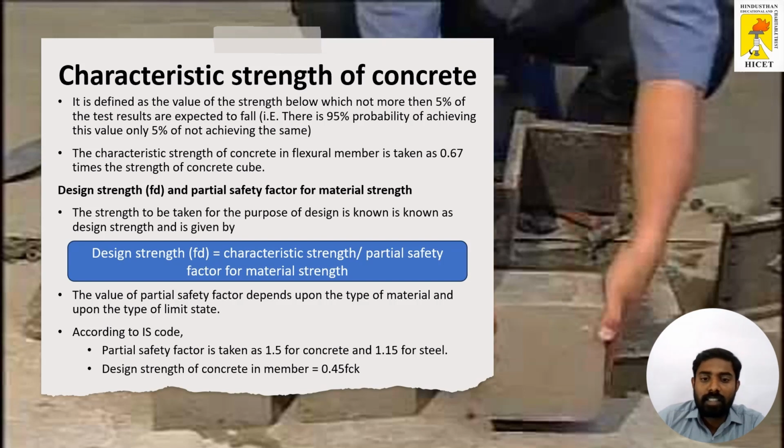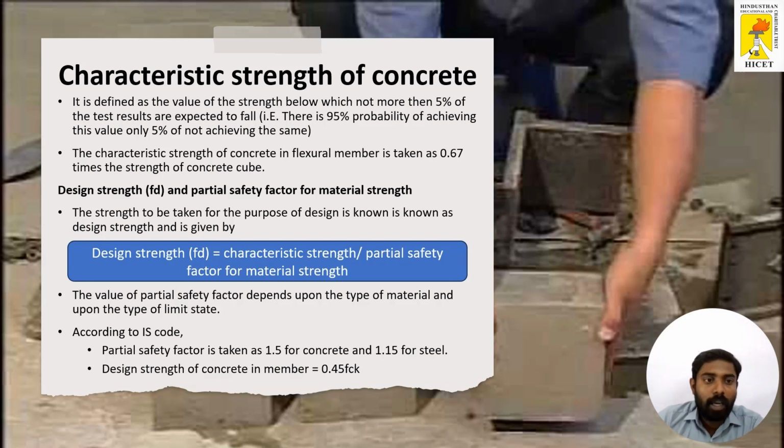The characteristic strength of the concrete is defined as the value of strength below which not more than 5% of the test results are expected to fall. That is, there is a 95% probability of achieving this value, and only 5% of not achieving the same. The characteristic strength of the concrete in a flexure member is taken as 0.67 times the strength of the